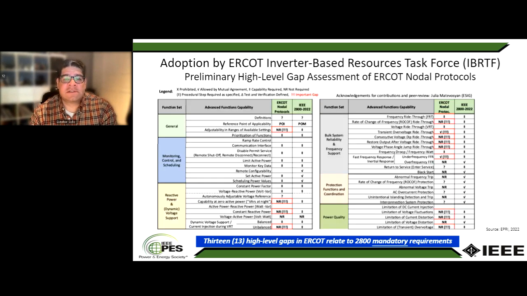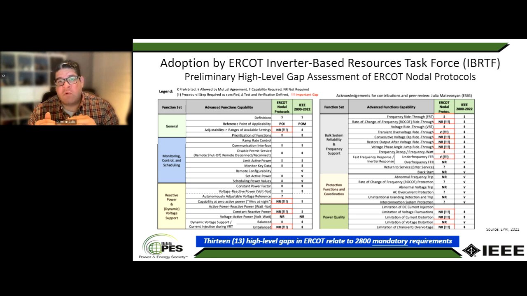To show you an example of the high-level gap assessment here, comparing our nodal protocols to the IEEE 2800 standard, you can see there are several opportunities that we have here in the ERCOT region to enhance our grid code to make sure that the capabilities are there for the inverters that are integrating into our system. So we have a tall task ahead of us, but we're now diving into the more detailed gap assessment